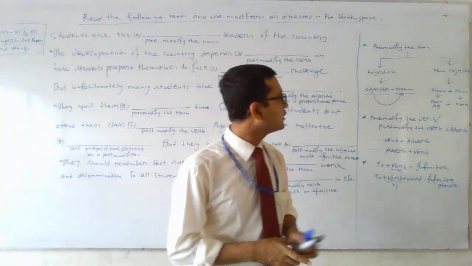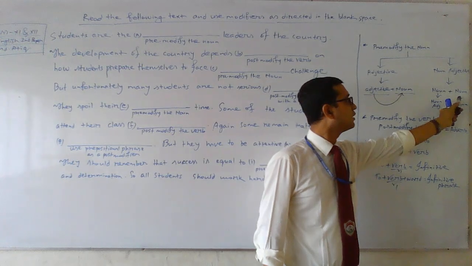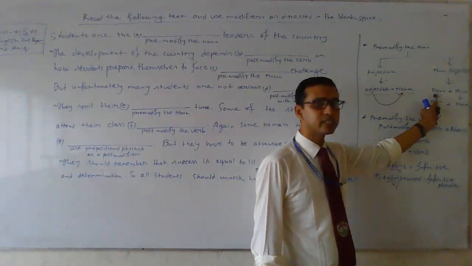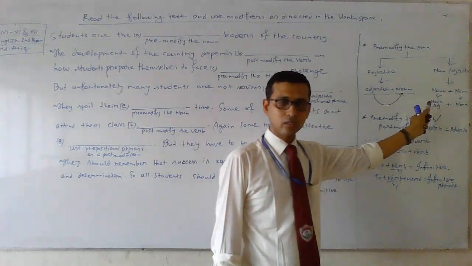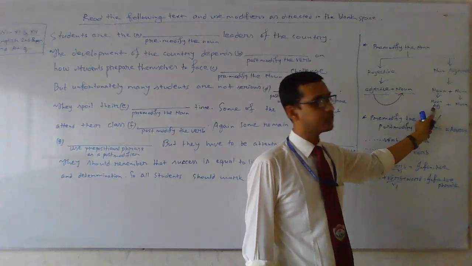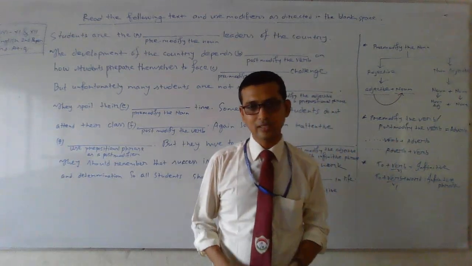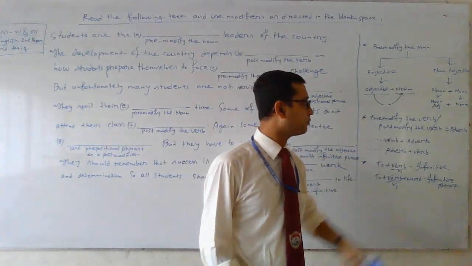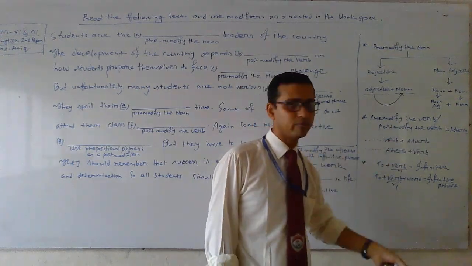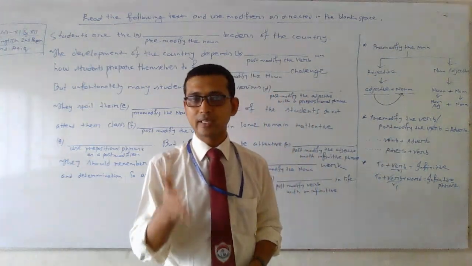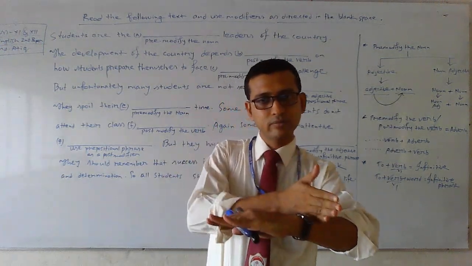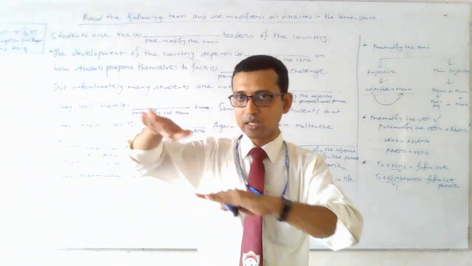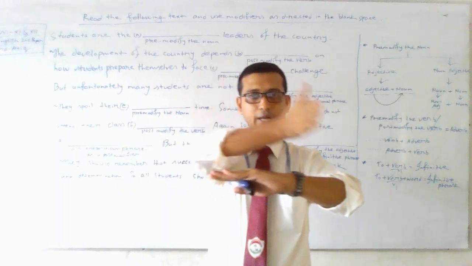This is the noun adjective. Student voice: noun and noun. This is the head word and this is the modifier, the pre-modifier. This noun is a noun in its formation but it is functioning as an adjective. That is why it is a non-adjective. I think it is clear to all of you. Yes, students, please note: pre-modify the verb and post-modify the verb equal adverb. An adverb can take place just before the verb and modify the next verb. An adverb can take place after the verb and modify the prior verb.